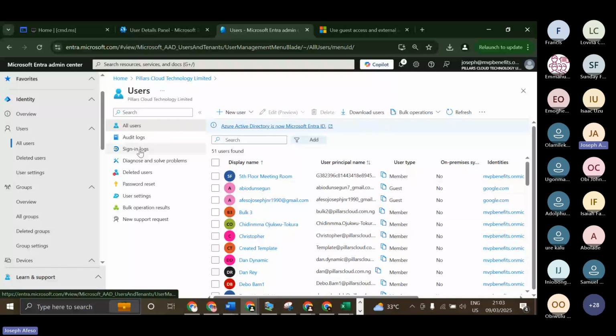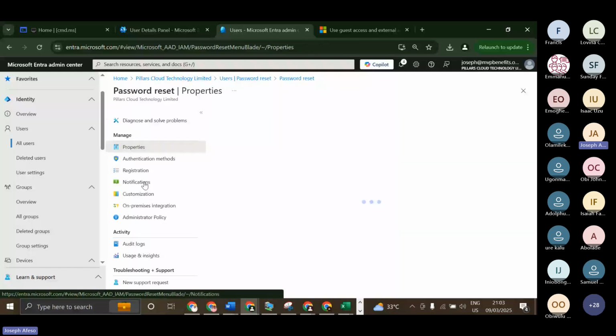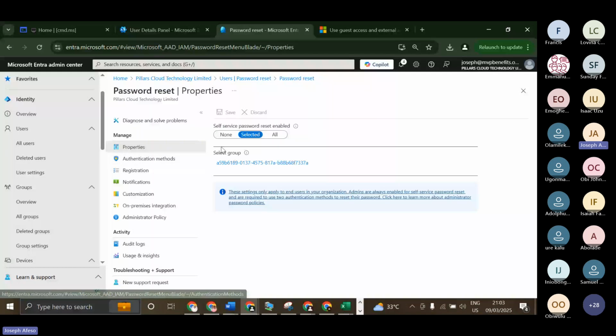So the next point is password reset, but this password reset is taking me to SSPR under properties, which we did yesterday. So for SSPR, self-service password reset, you can allow users to, it's not supposed to jump me to this point, I've not gotten here honestly, but just to quickly mention,